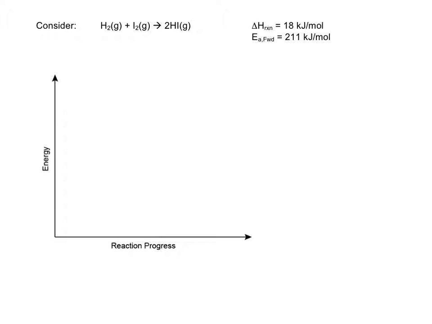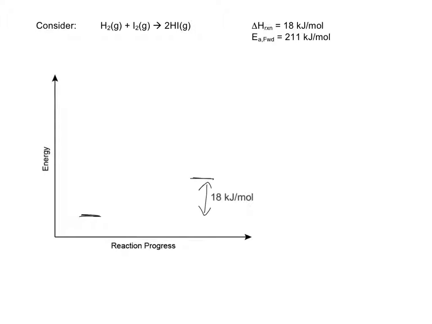All right, so let's consider if we have H2 plus I2 going to 2HI. The delta H for our reaction is 18 kilojoules per mole, so that's a positive number, so we know this is going to be an endothermic reaction. So as we go from the reactants to the products, we're going to go up in energy,